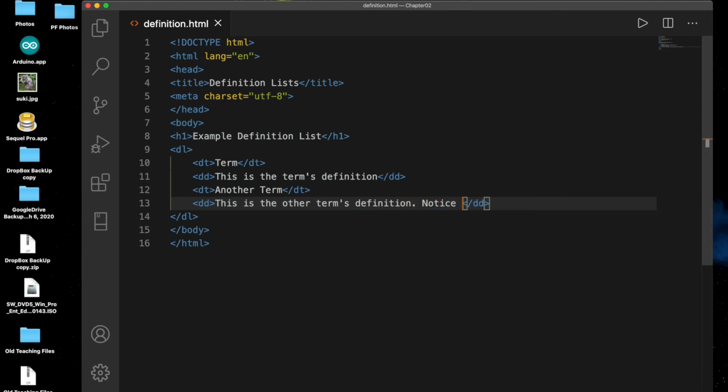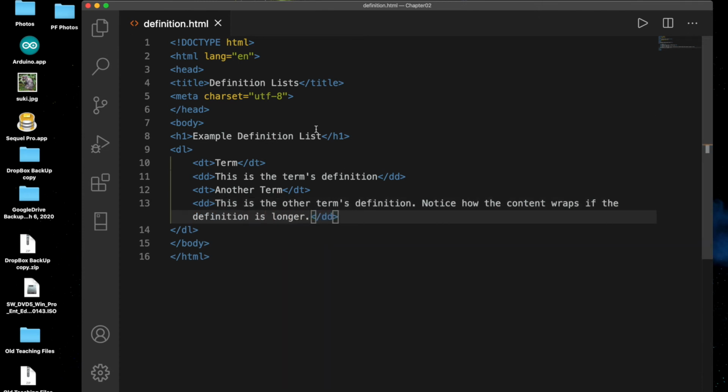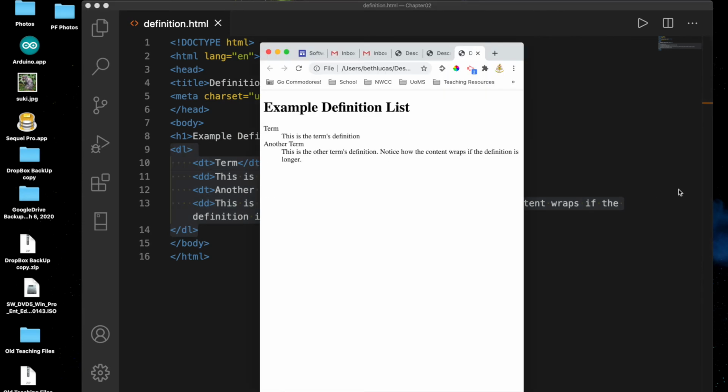Let's notice how the content wraps if the definition is longer, okay? Take a break to pause it, double check your work, get used to that structure of DL, and then a DT, and a DD, and a DT, and a DD. And then let's save, Alt-B, and then there you can see our term, our definition, our term, our definition, and all of this is encapsulated in those DL tags. Okay,